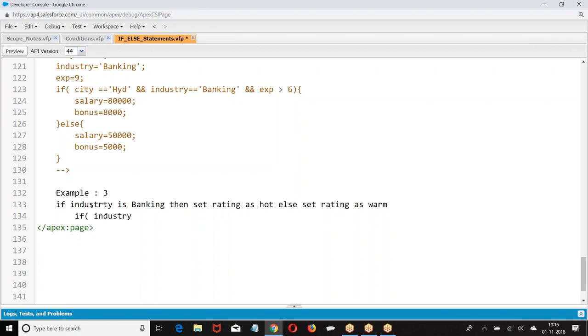If industry banking, rating equal to hot.